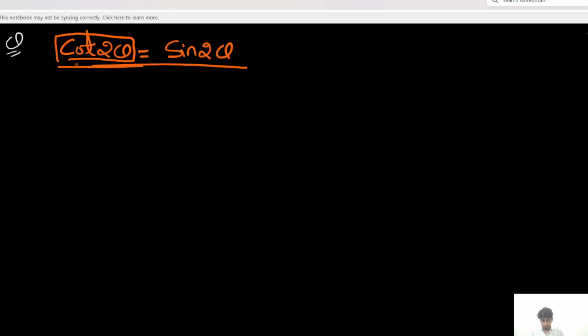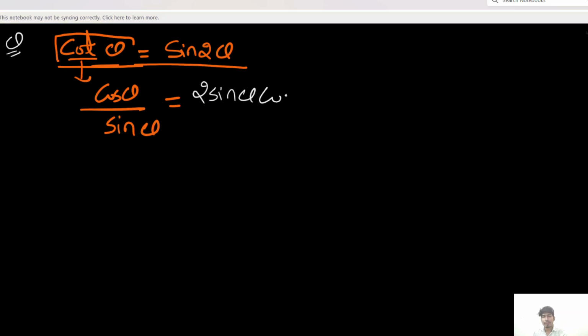Then note, here it is cos 2 theta, here only cos theta. So cot theta is equal to sine 2 theta. Then change cot theta into cos theta upon sine theta. And what is the formula of sine 2 theta? This is 2 sine theta cos theta. Then cross multiplication, this becomes 2 sine square theta is equal to 1, because this cancels with this,